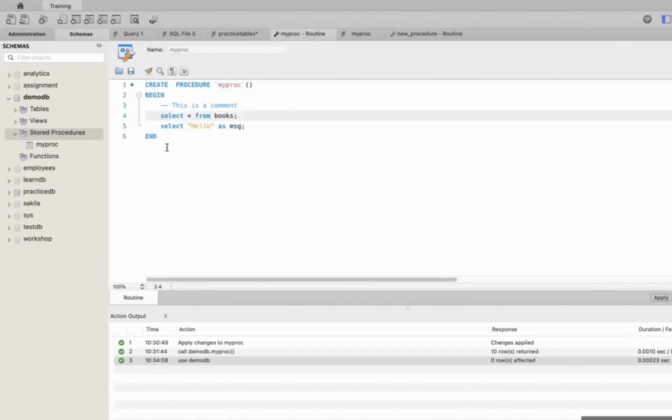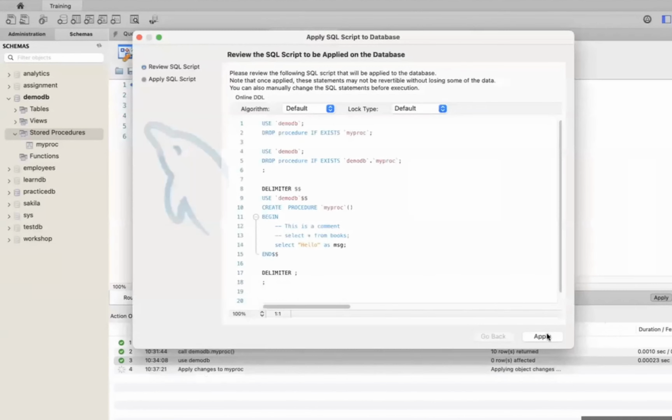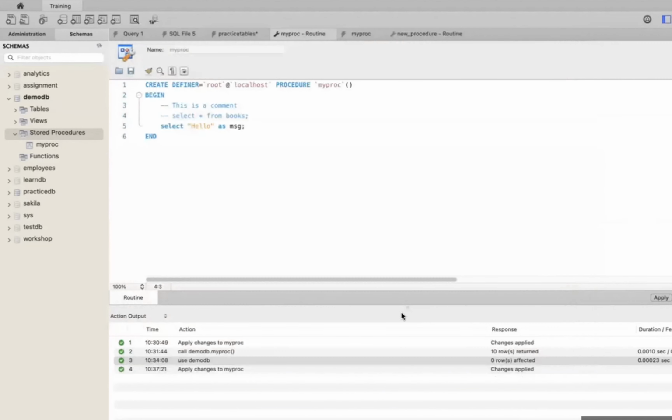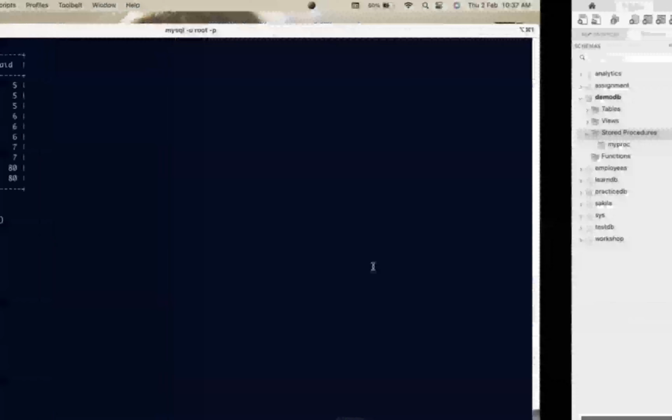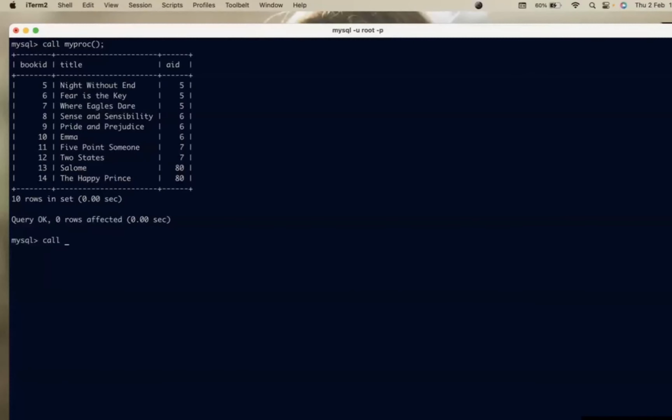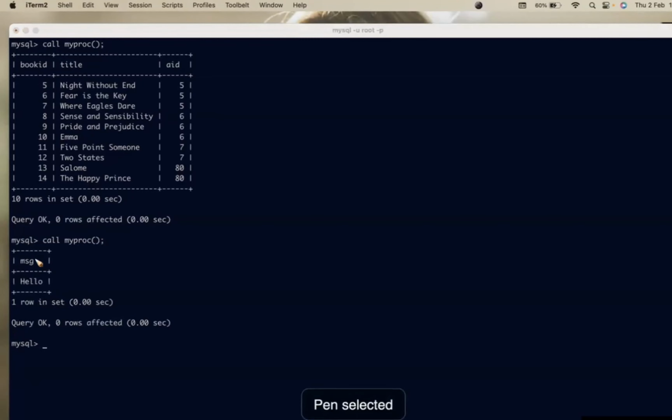Let me comment this out also, just to see how printing happens. So here I will apply this, close it. And now if I say call my proc, open and close, you can see whatever you wanted to print has come, and this comes as the